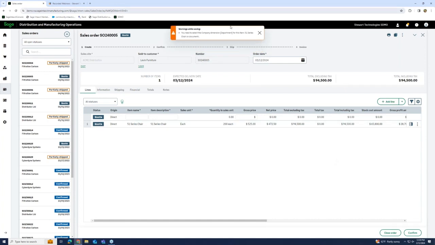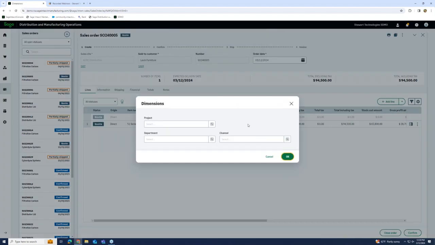Okay, now this wording up here, and this is really specific to if you're using Sage Intacct, is I have the department dimension in Sage Intacct enabled. So what it's telling me is that in order for me to complete this item, I have to turn on or fill out my dimension. And so I'm just going to go to dimensions